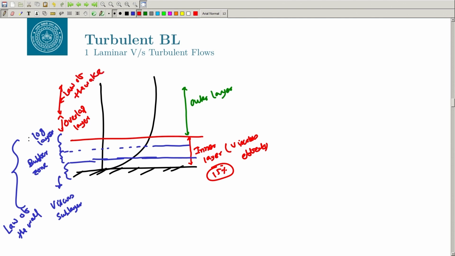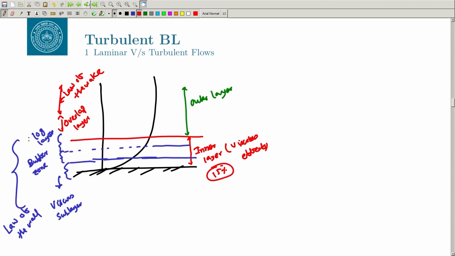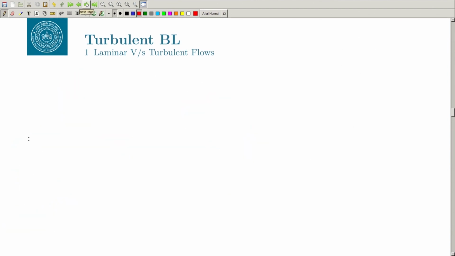Now, it so happens that in the inner layer, if you go very close to the wall, the viscosity dominates, that is in the viscous sublayer, the viscous stress dominates. In the outer layer, your turbulent stress dominates, as we have already discussed, and in the overlap layer, both stresses are important. So, Prandtl and Karman did some study,